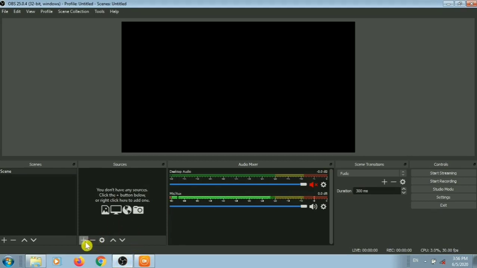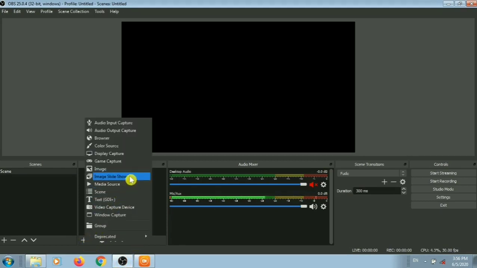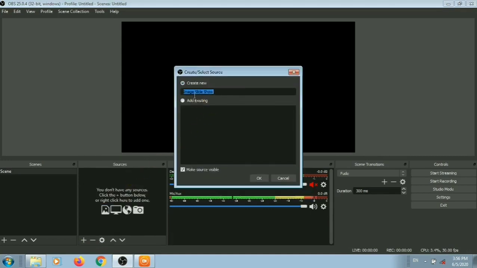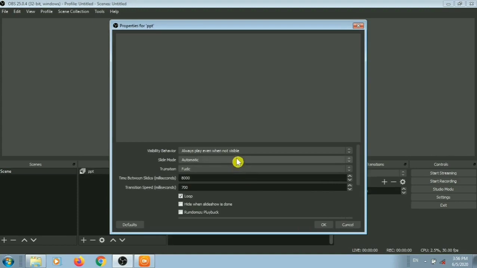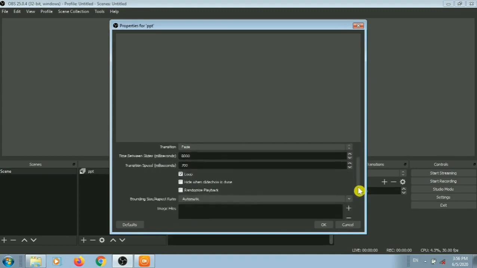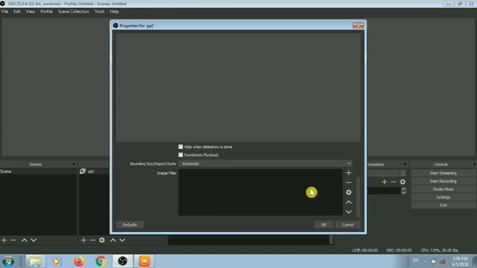Now click on the plus button of sources, add image slideshow, give the name for the slideshow, that is PPT. Click on OK.